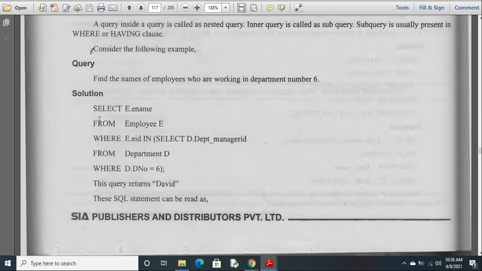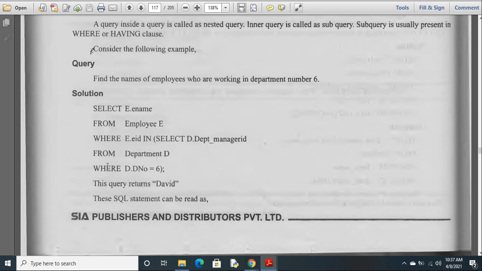So select the names. Select employee name from employee E where E.EID in, select department.manager ID from department D where D.D number equal to 6. This query returns David.